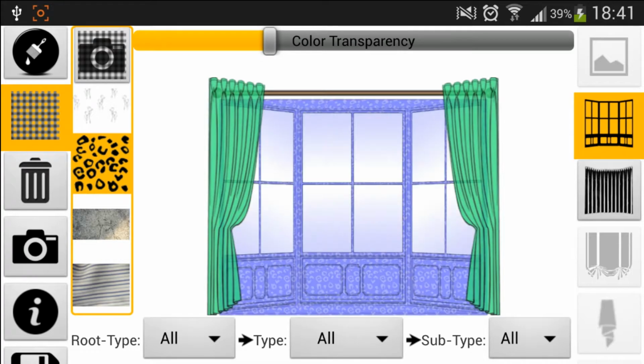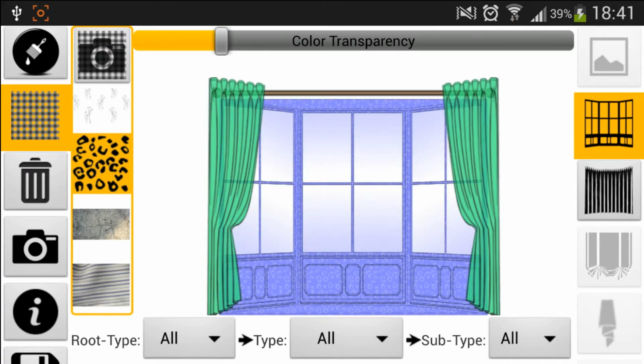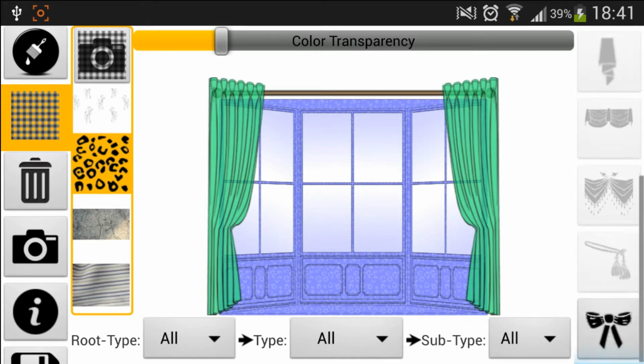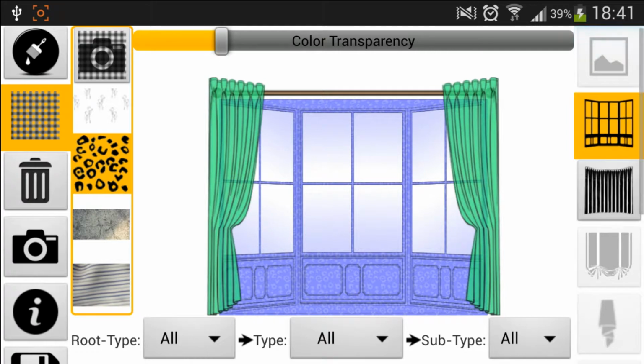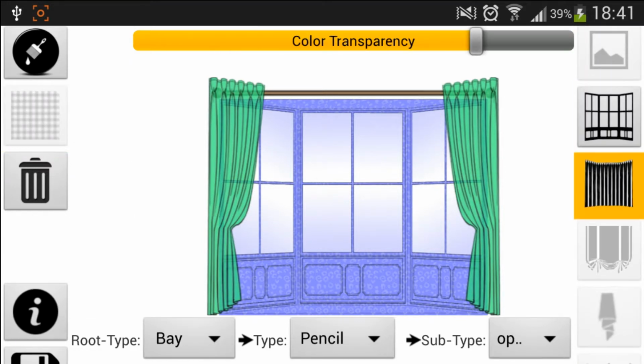As we can see, the pattern is disappearing a little bit. So now it looks okay. And we can just go away from the pattern menu by selecting on the right side of icons. So let's say curtains.